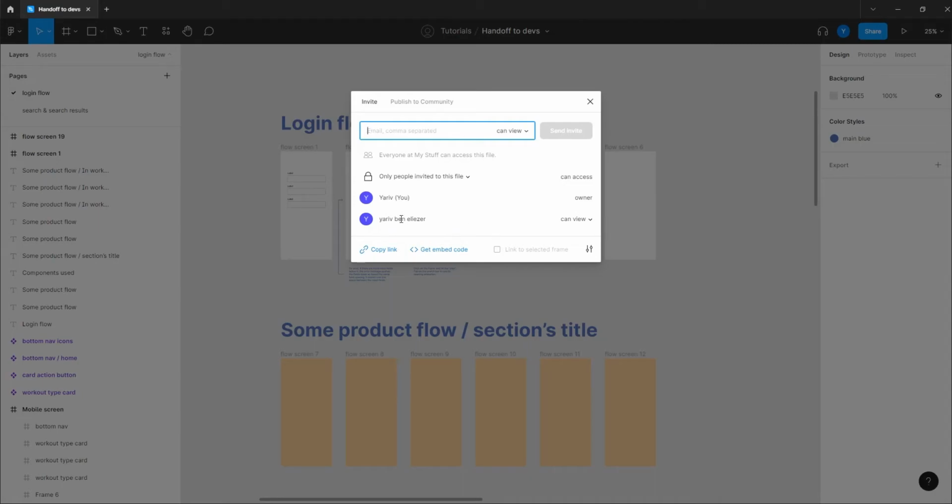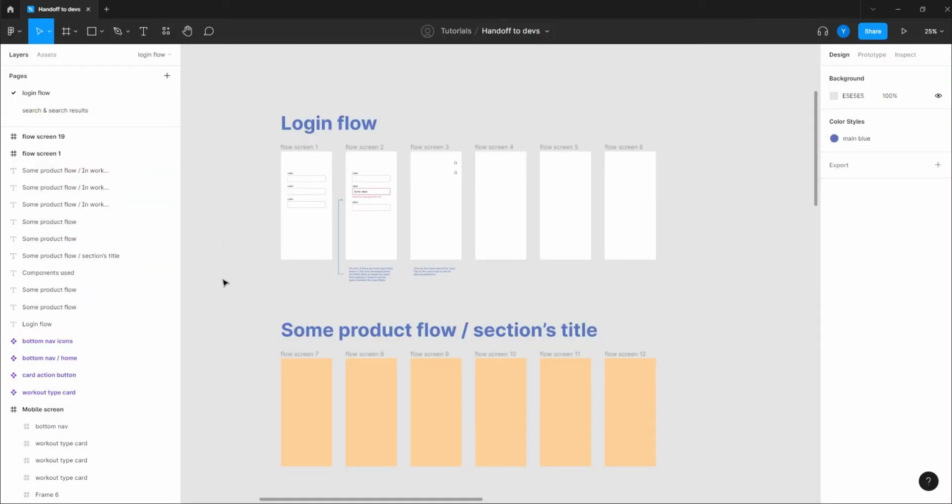I have another user which I use just for the sake of this tutorial. So you just put the email here. You can decide only people invited to this file, or anyone with a link and a password, or anyone with a link, meaning that you can just copy the link here. If you put it on anyone with a link, you can just copy this link, throw it in email or wherever you are to whoever you want, and that's it. Okay, so let's leave it on only people invited to this file,